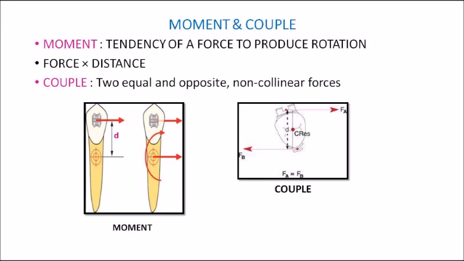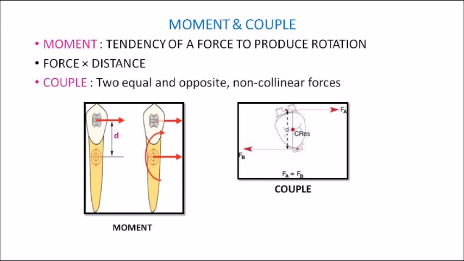So let's talk about moment and couple. We all know that when the force is passing through the center of resistance of a body, then the body will undergo translation or bodily movement. But in the case of a tooth, the center of resistance is not visible to us. When you are placing orthodontic appliances, be it removable or fixed, the center of resistance is embedded within the alveolar bone, and we are not placing the force exactly at the center of resistance. Most of the time we are placing the force through brackets or appliances placed on the crown of a tooth. So the force is being applied at a distance from the center of resistance.